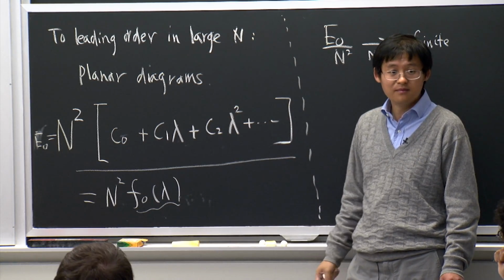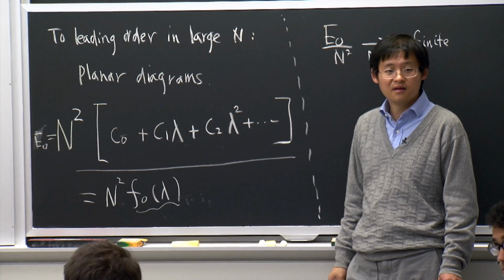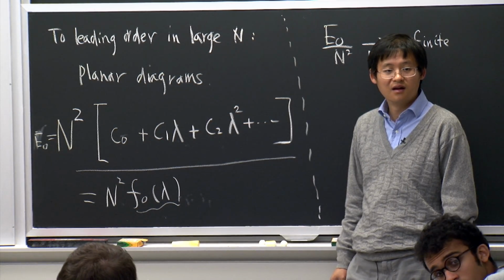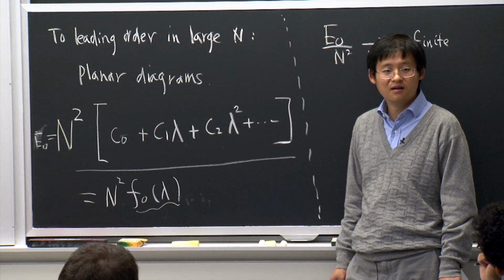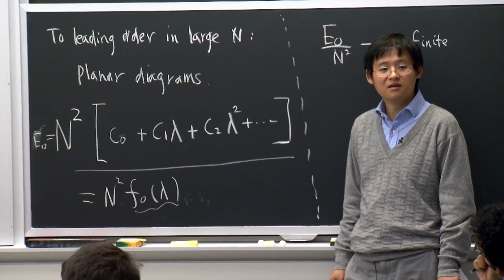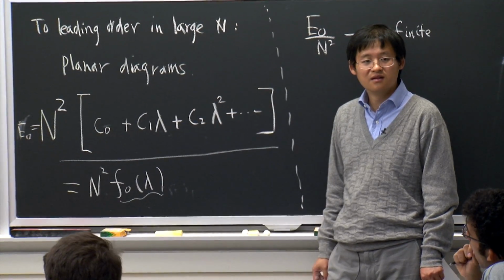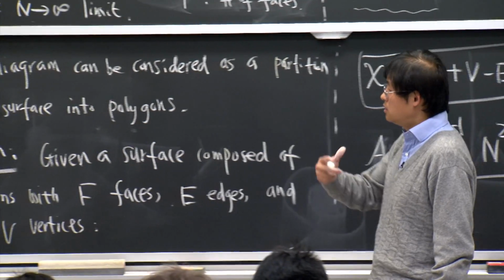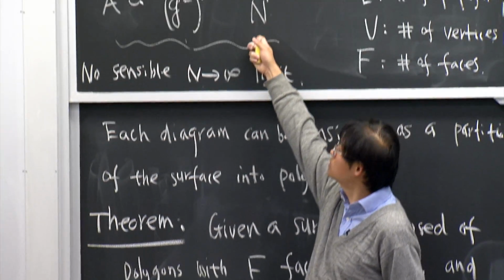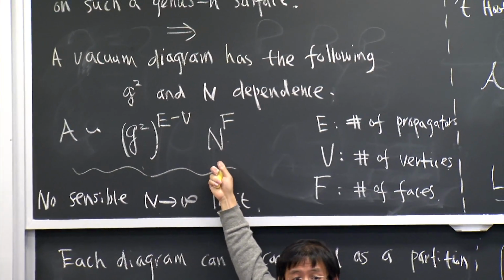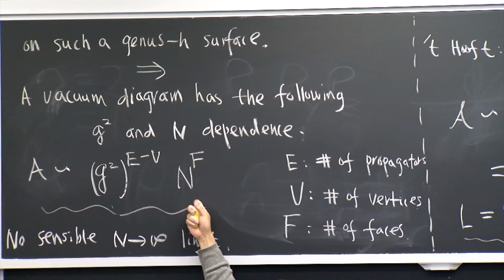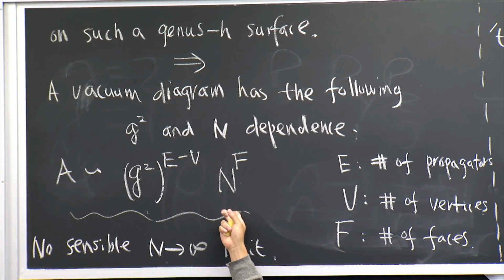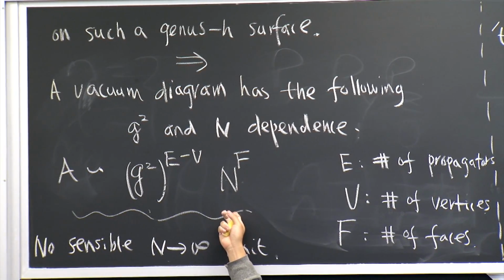Right. Didn't we already see at the end of the last lecture that only planar diagrams give the biggest contribution? So why did we have to go through all this? No, not necessarily. That's only for those two diagrams. If you look at this thing, I can draw arbitrarily complicated non-planar diagrams with very large f. It only depends on f. It does not depend on anything else.